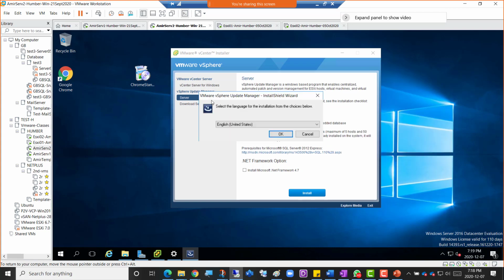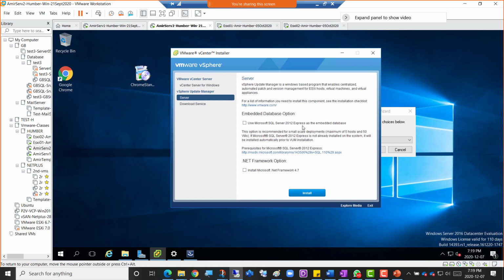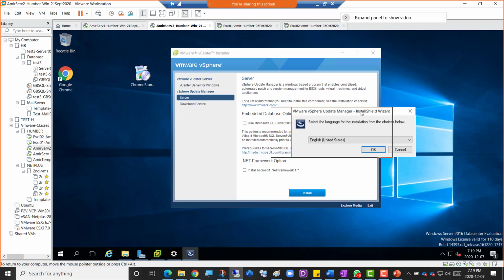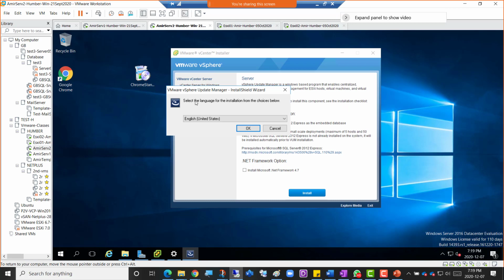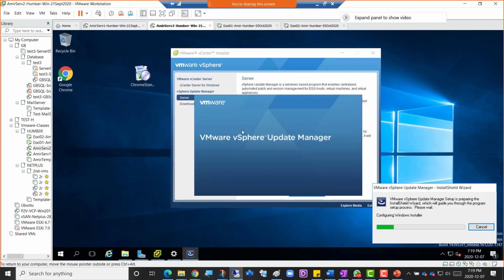It goes for the next step, which is VMware vSphere Update Manager. So it is better not to select this option. If you are sure you installed SQL Server, just keep these two options unselected, because you installed both of these one by one. Now you're good to go for VMware vSphere Update Manager. That's the third one, right? First we install 4.7, then SQL, then vSphere Update Manager. So I'm going to press OK to this.